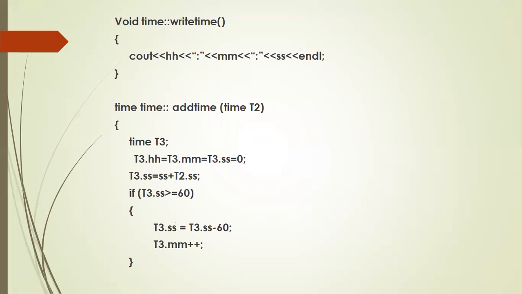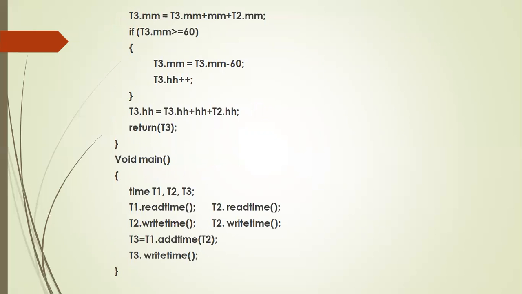Next, what do you do here? Add the seconds of first time with the seconds of second time. How to access the seconds of first time? No need to write T1.ss. You can simply write ss. ss plus T2.ss, that you store in T3.ss. Next, if the seconds of the third time is greater than or equal to 60, subtract 60 from it and add 1 to the minute part. So T3.mm plus plus. Next, again add: T3.mm equal to previous value of T3.mm plus mm, which means T1.mm,